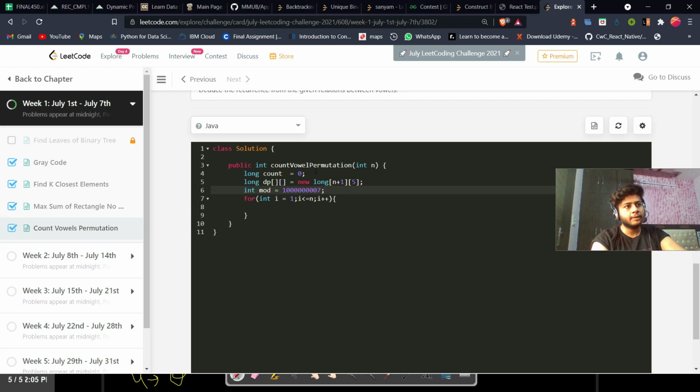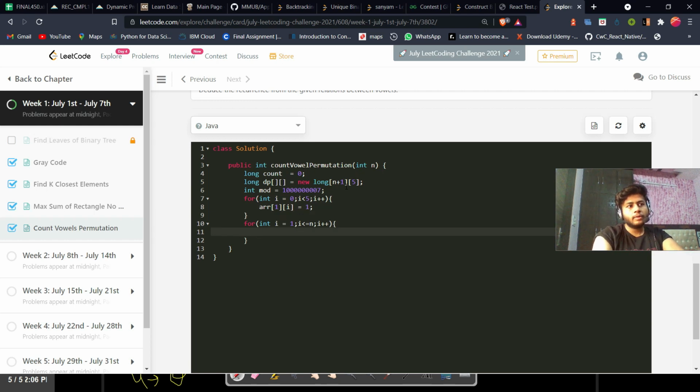So I just add one of there, int i equals to 0, i less than 5, i plus plus. For all of that column, I have to put 1, so at the first position, at the ith index, I have to put 1. Okay, so it will add 1 at all of the positions.